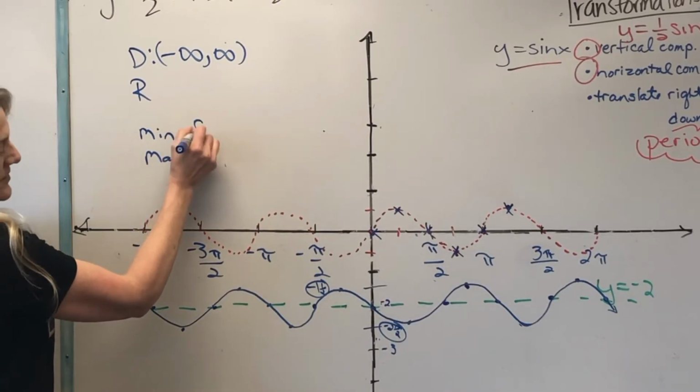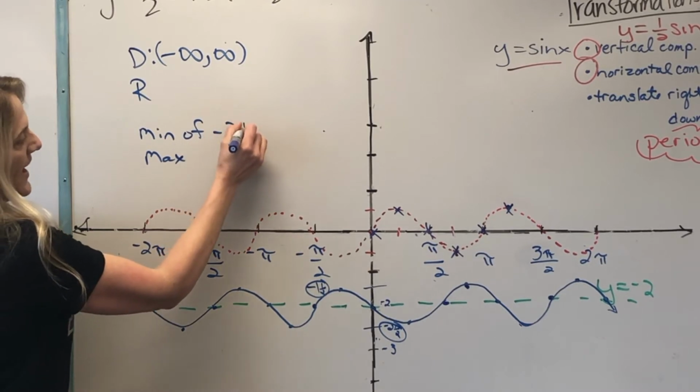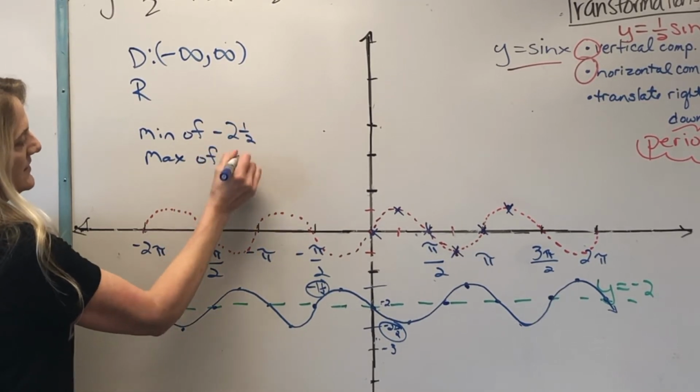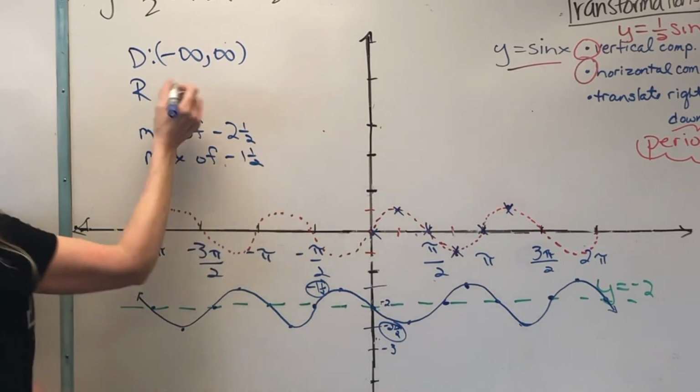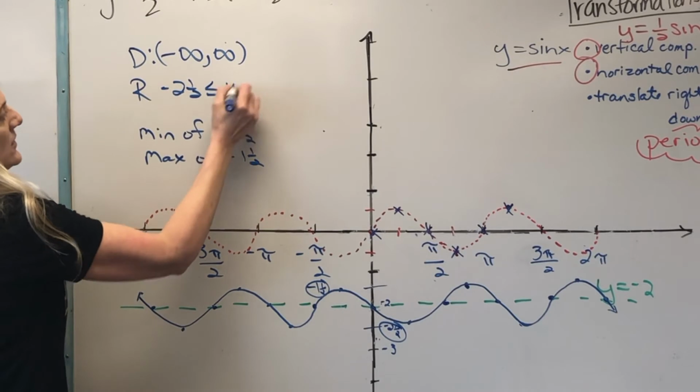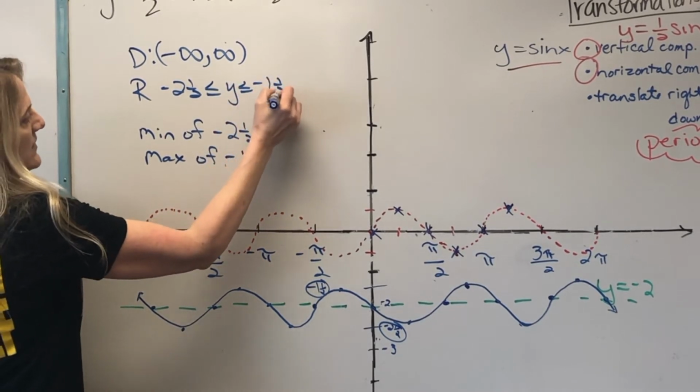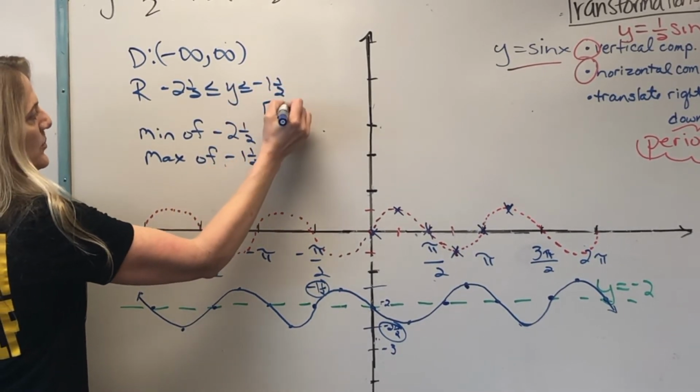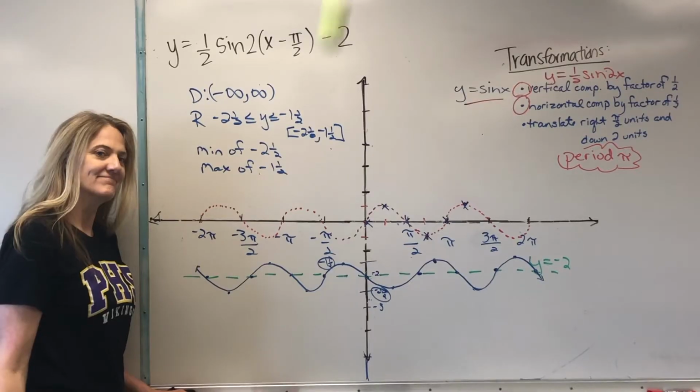Min of -2.5. Max of -1.5. So my range goes from -2.5 inclusive to -1.5. Or interval notation, bracket,